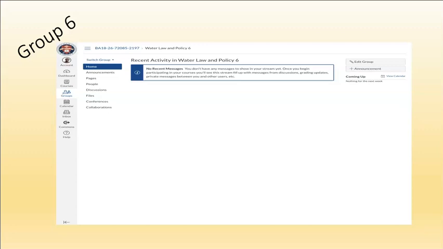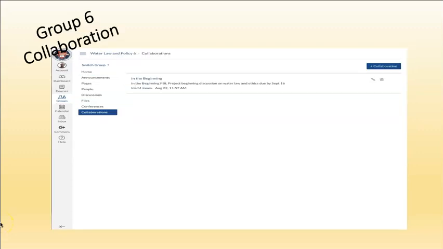And then the last thing that I wanted to highlight for you, because you can take a look at this group when you get onto the Canvas, is collaboration. The first problem-based learning assignment is a collaboration where you will begin discussing the issues that I raise in the assignment. So that's a quick summary of the